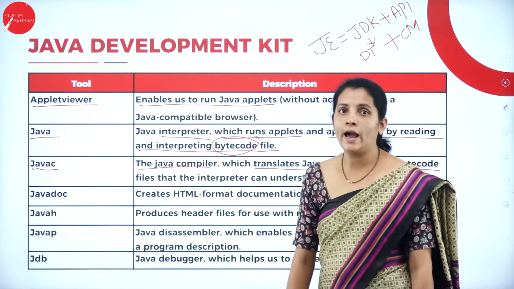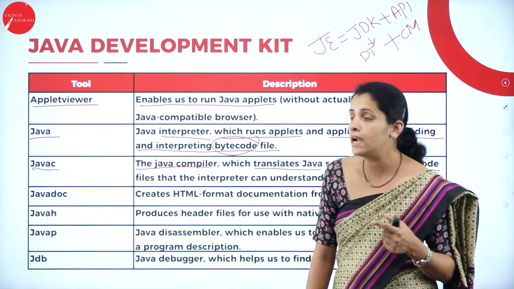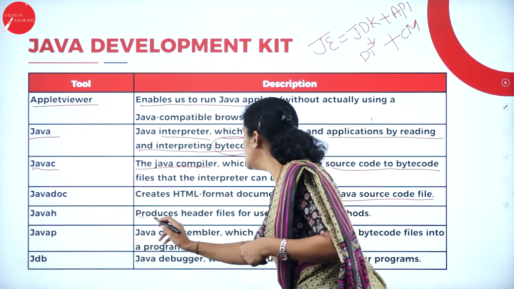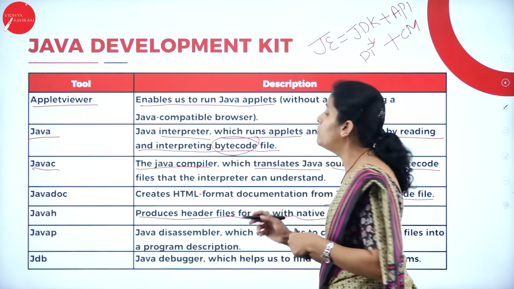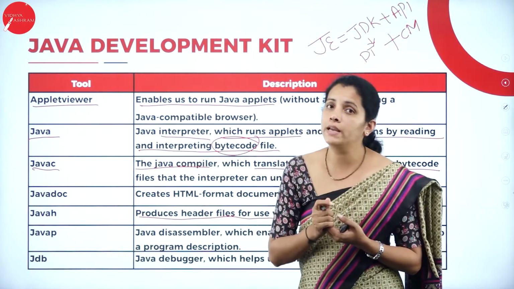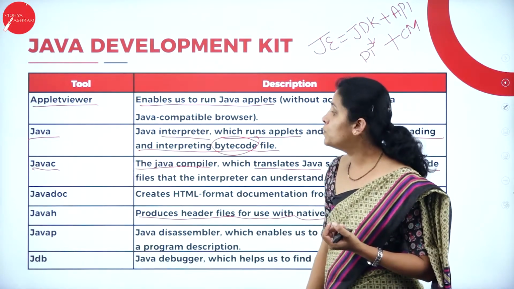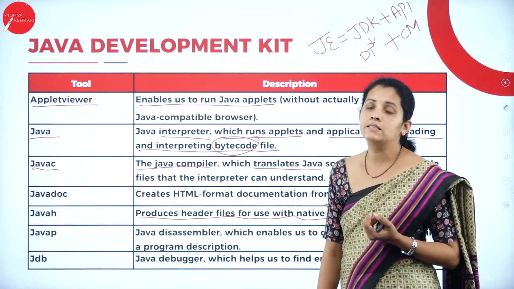Then I'm going to have javah. So what is h here? Here h stands for header file. So it produces header files for us with native methods. That means here javah is mainly used to produce header files. And what is javap? So here javap is nothing but the